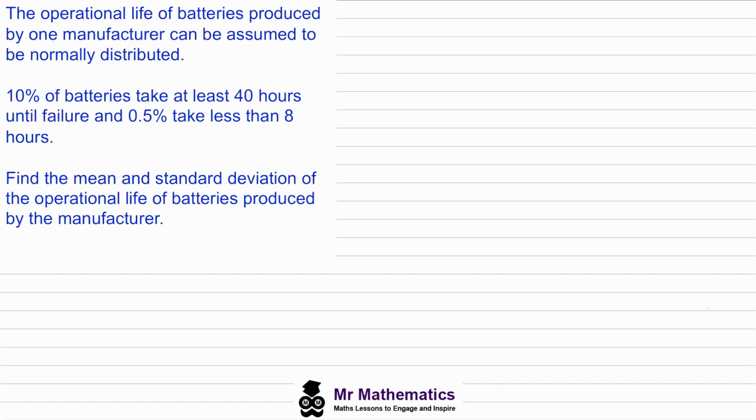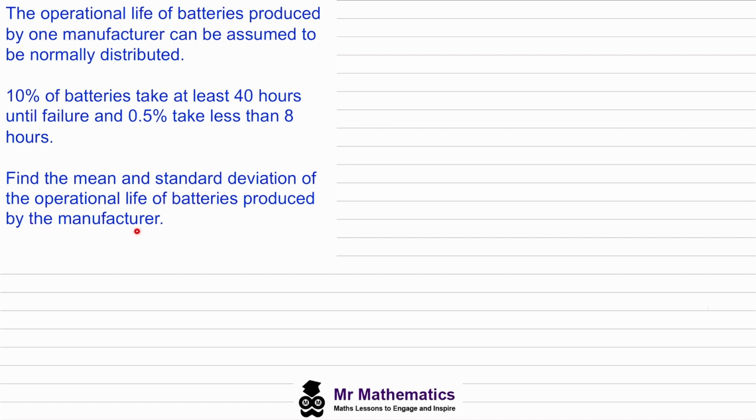be assumed to be normally distributed. We've been told that 10% of batteries take at least 40 hours until failure and 0.5% take less than 8 hours. We've been asked to work out the mean and the standard deviation of the operational life of batteries produced